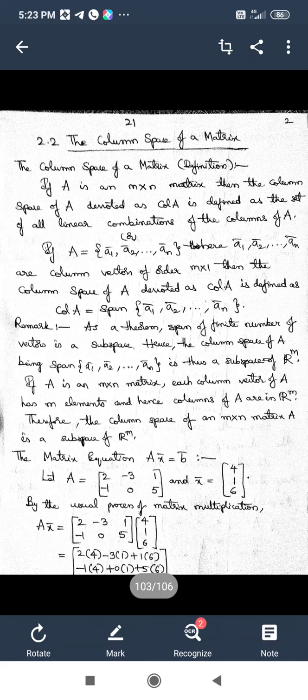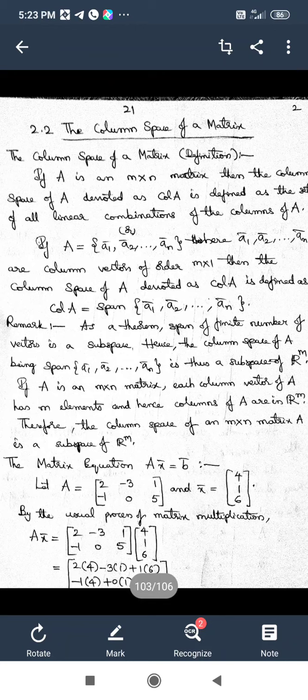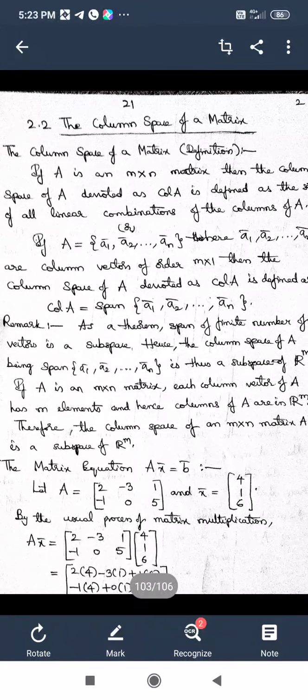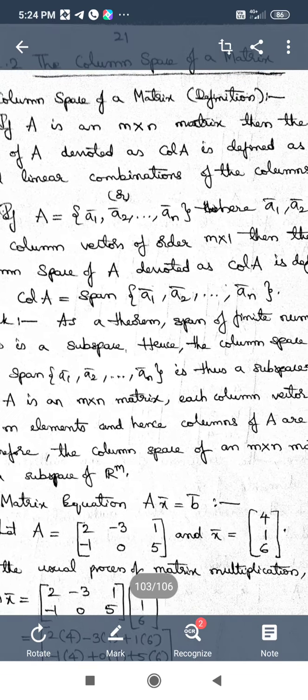Here I want to make a remark, as we have come across a theorem which states that if v1 bar, v2 bar are any two elements of a set H, where H is a subset of a vector space V, and H is equal to span of v1 bar, v2 bar, that means H is the set of all linear combinations of the two vectors v1 bar, v2 bar, then the set H is a subspace of the vector space V.